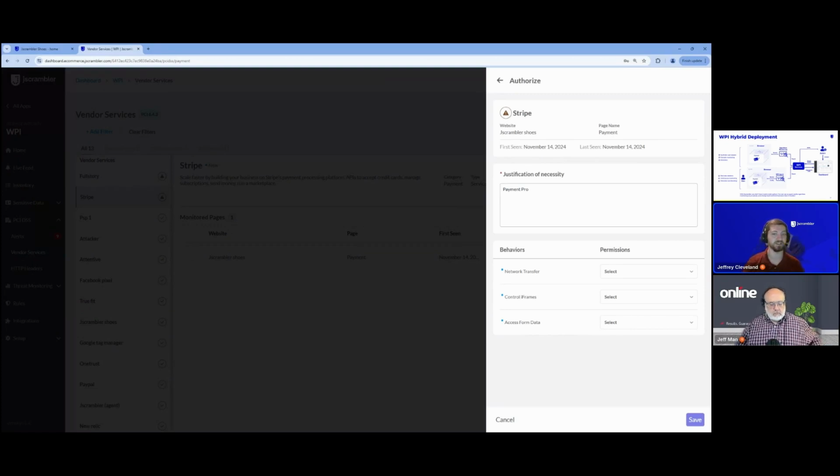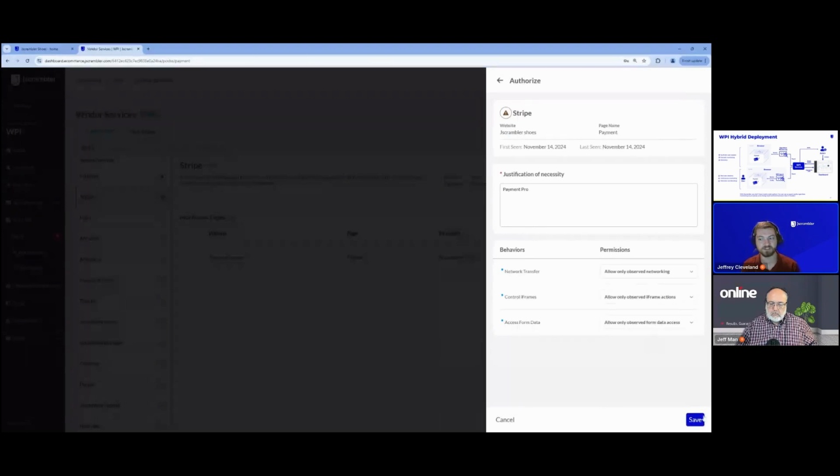Scripts inside the frame also can't reach outside of the frame directly, and so that creates one of those sandboxes that Jeff was talking about. It restricts the scope of those scripts and doesn't allow them to access data directly. So what we're seeing here is the script that Stripe is putting into, in this case, the merchant's payment page to generate that iframe. When we go through and authorize them, we want to make sure that they can do networking, this observed networking that they have shown. We want to make sure that they can add the iframe to the page. And in situations where we don't, we also want to make sure they can grab that data from the